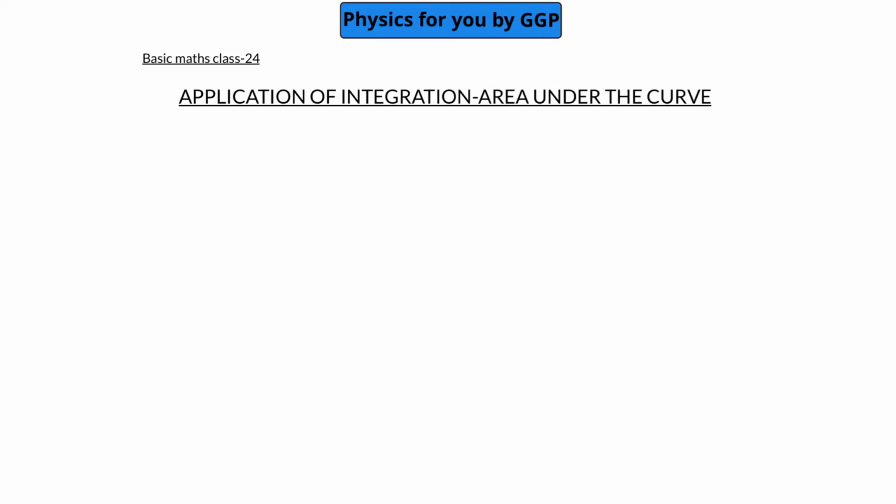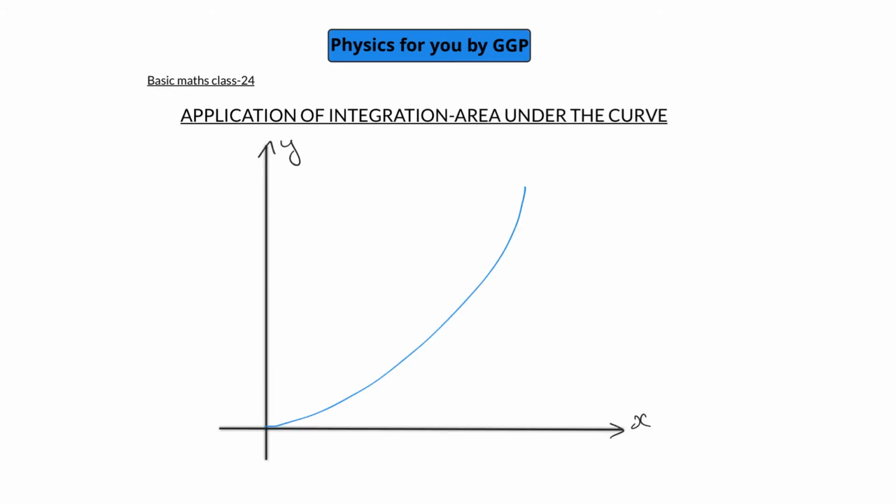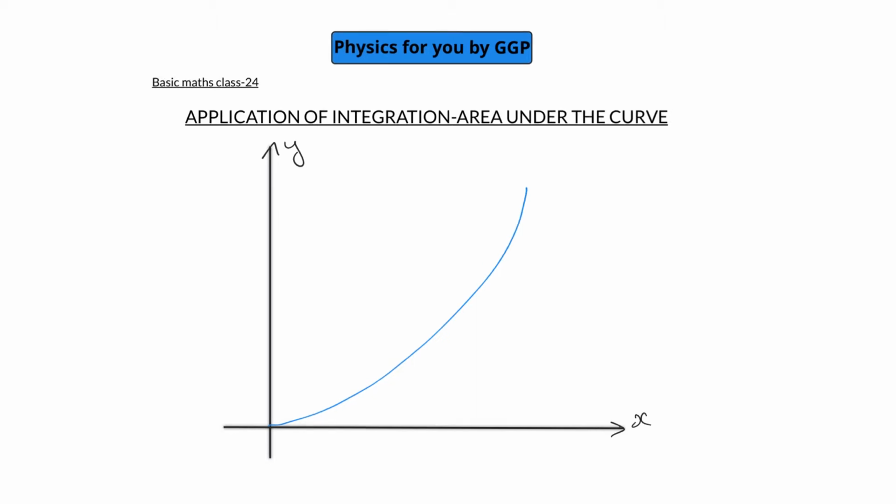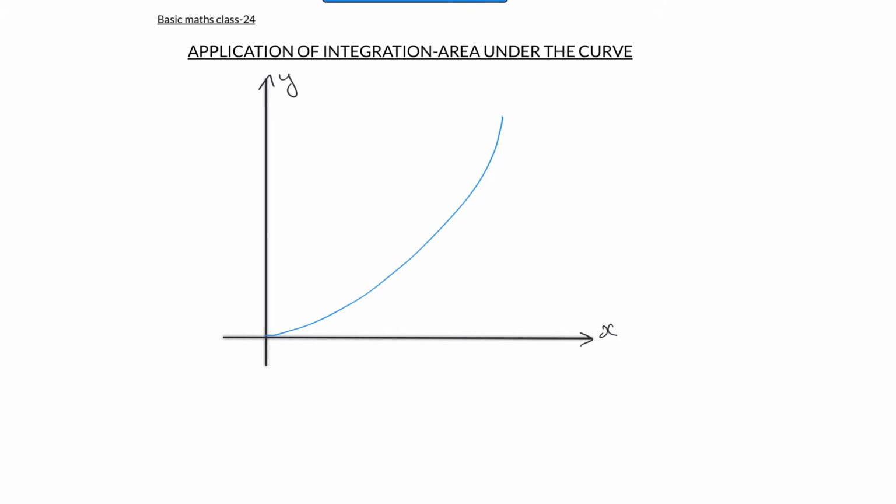Welcome all to Basic Maths class 24, and this will discuss how to find out area under a graph with respect to x-axis or with respect to y-axis. Consider a situation that we are getting the graph of a function y is equal to f of x, something like this, and our aim is to find out the value of area under this curve and x-axis. Means basically we are going to find out the value of area made by this curve with respect to x-axis. So our aim is to find out the value of this total area.